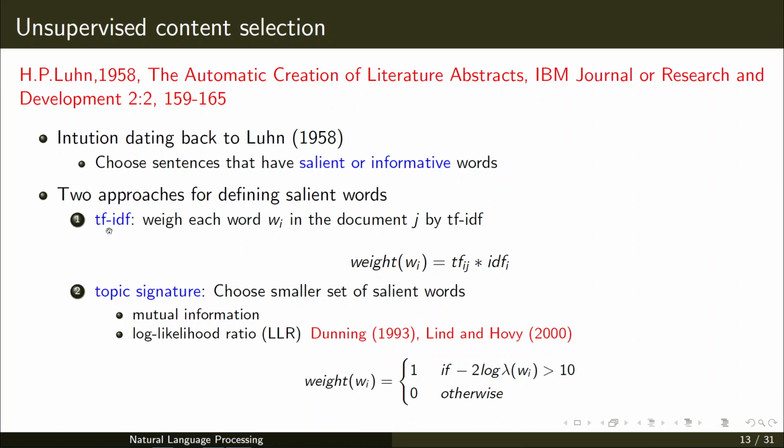Term frequency is how many times a particular word w_i is found in a document, divided by the total number of words in the document. So the number of times word i occurs divided by the total number of words gives you the term frequency. Inverse document frequency is, given some n documents, in which of the documents this particular word comes.